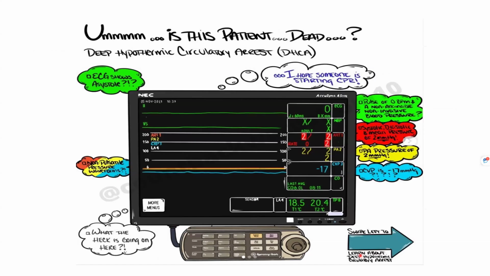Okay. So now the deep hypothermic circulatory arrest, and this is what it will look like on your screens because there'll be no blood flowing through the patient because the pump is stopped. The monitor will show complete asystole. The EEG would be silent. There'll be no pulsatile waveform. All the values of systolic and diastolic pressure, your CVP, PA pressures, everything would be